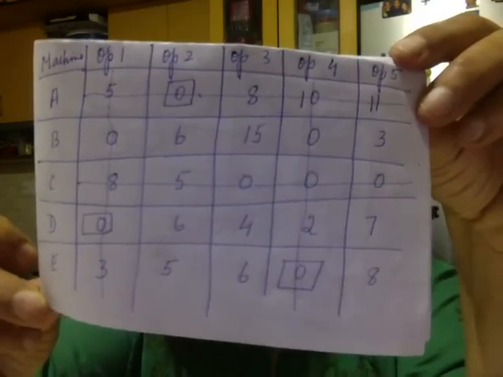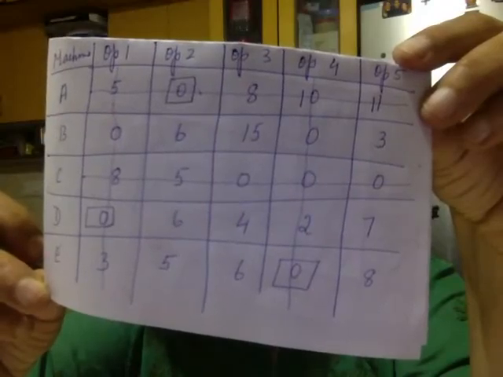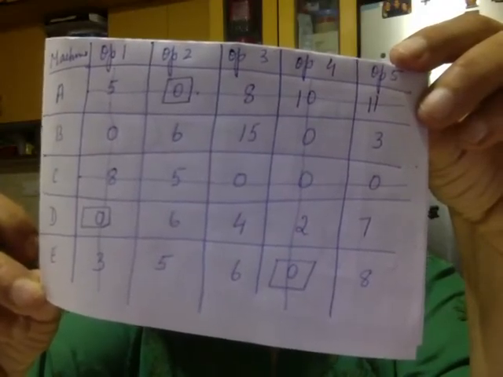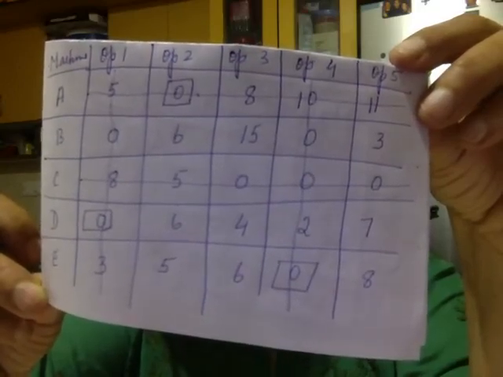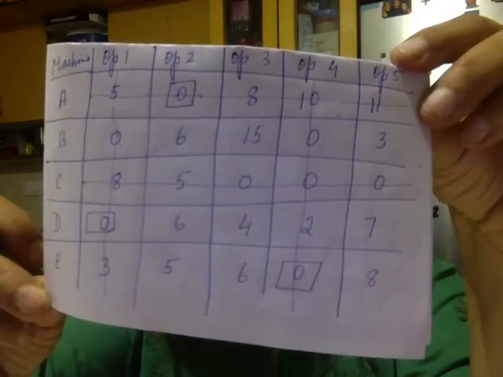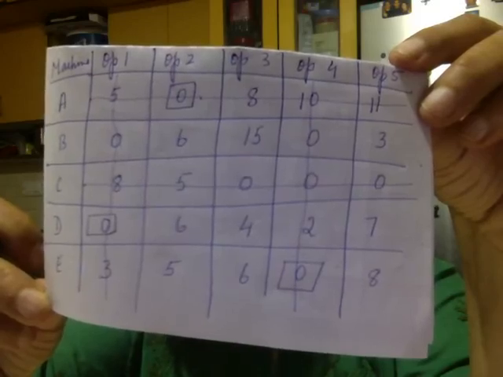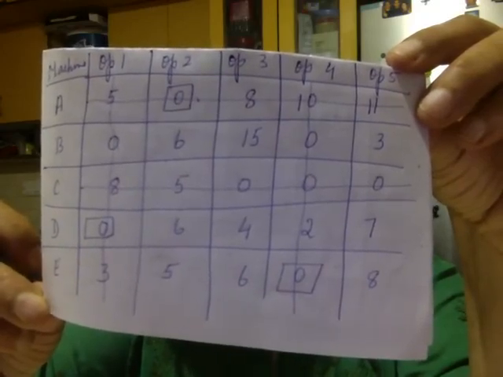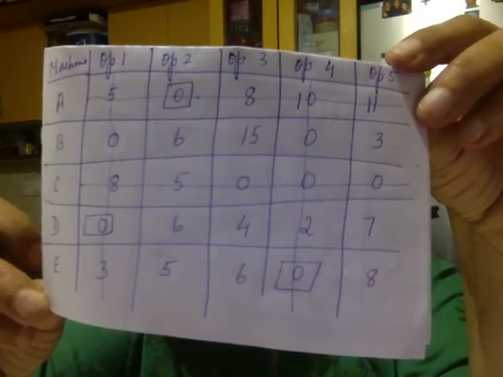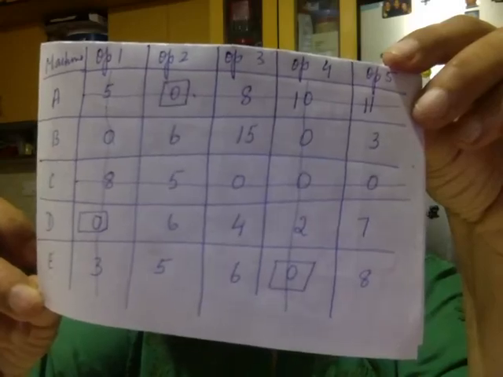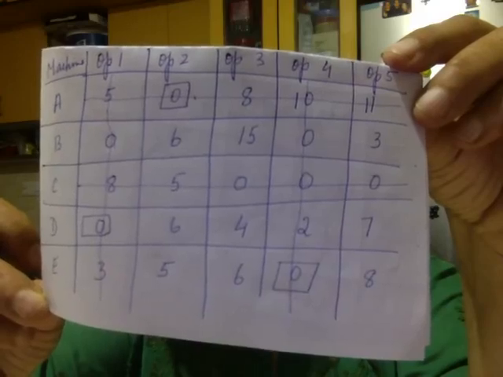In row C, class, I'm sorry, I'll repeat. In row A, there was one zero, which I said, let me wait and see. In row B, there were two zeros which were already touched by the vertical line. In row C, there are three zeros in which only one was touched, so I drew a horizontal line joining all the three. In row D, it was already touched. In row E, it was already touched. That left me only one zero in row A. So I said, since I've already drawn two lines, let me draw one more horizontal line.